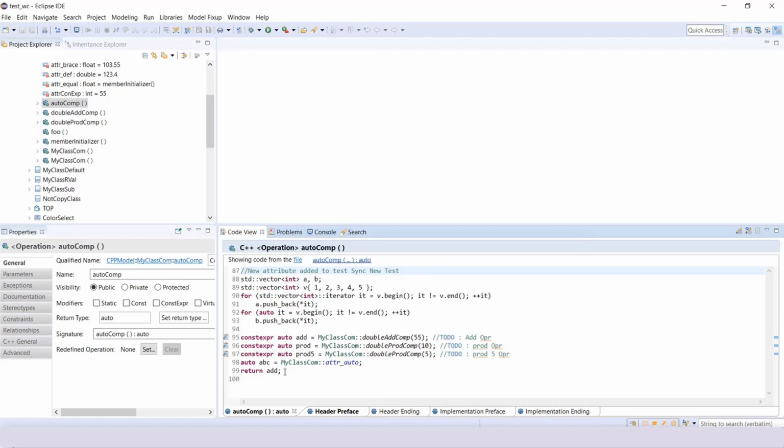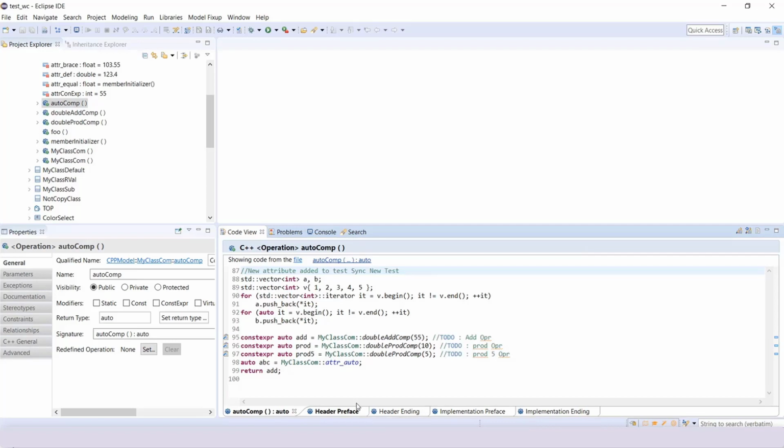Next is the code snippet, which is related to this operation. And finally, at the bottom, you see the code snippet sector. The code snippet sector has all those tabs for which there is some code associated with this model.